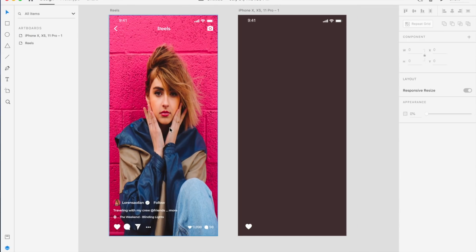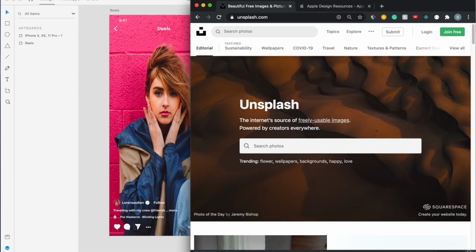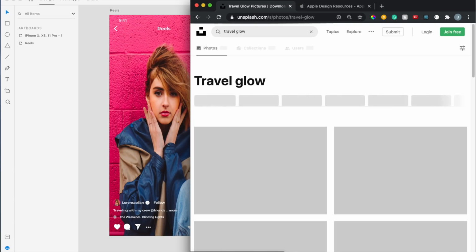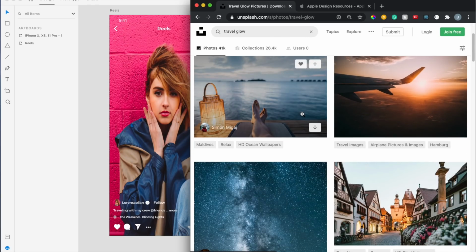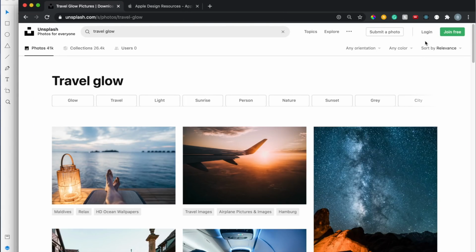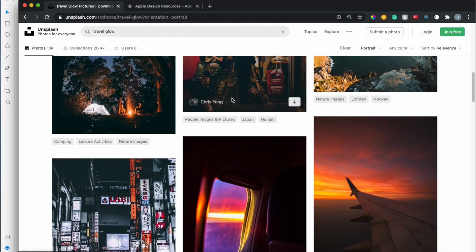So I already have this photo, but let me show you where I got my photos, and then you could pick whatever you want. So this is the site I use called Unsplash. There's also Pixabay, there's a bunch, but pretty much just search literally anything. So let's say travel, or glow, or you can do whatever you want. I'm trying to find a colorful photo so it stands out. And then what I did was I went to, let me make it desktop so you can see. I went to the orientation and I chose portrait, and then from here you can just basically click on any